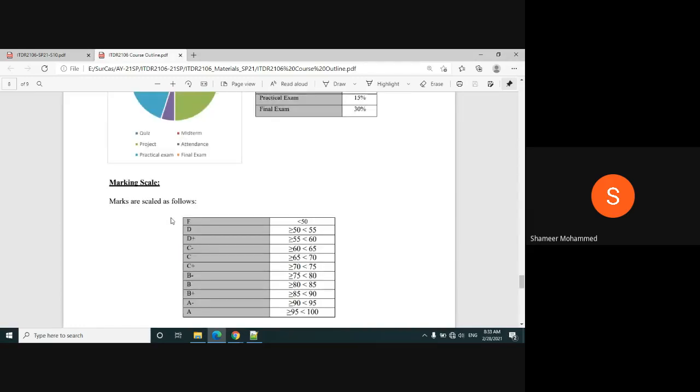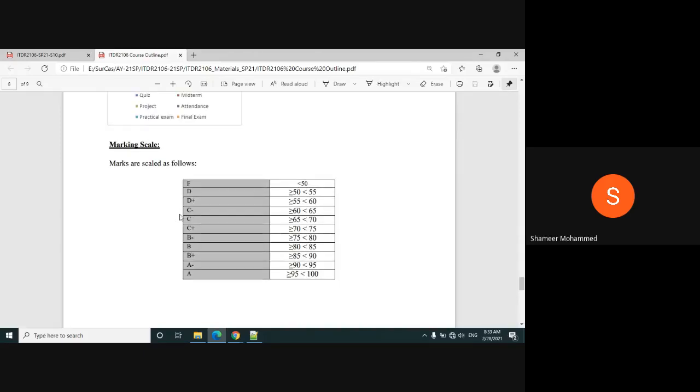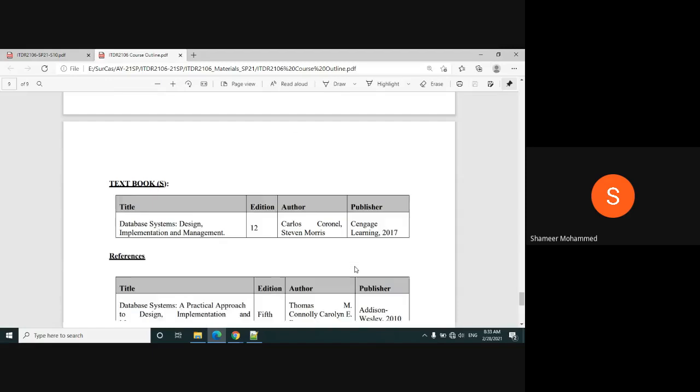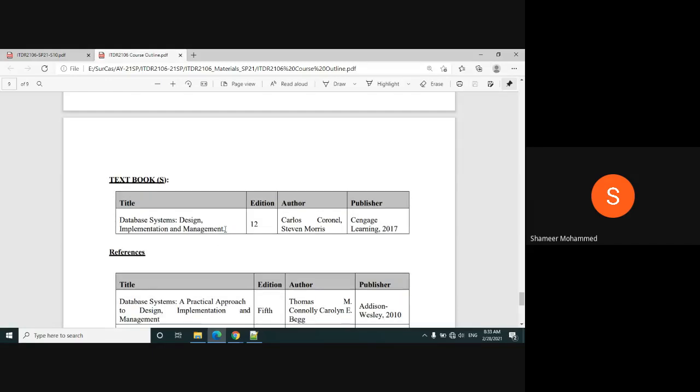You are aware of your marking scale, since you are not new students. These are the grading letters and these are the marks ranges. This is the suggested textbook. You can go and download it, search for this book online.